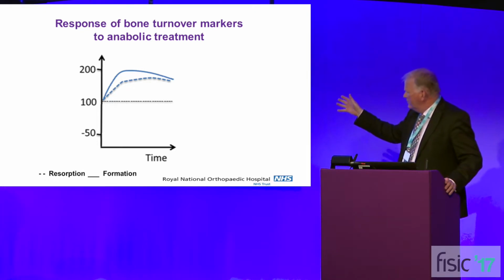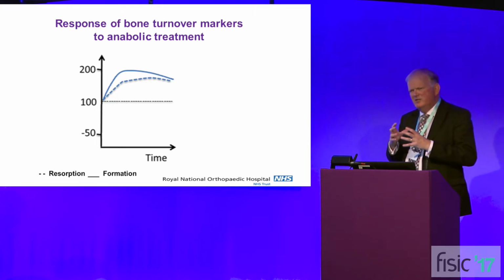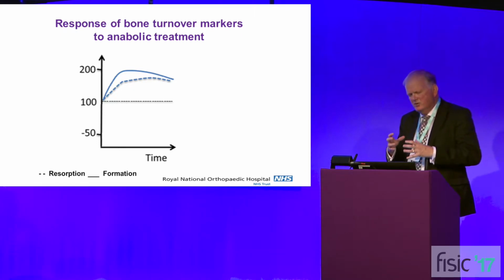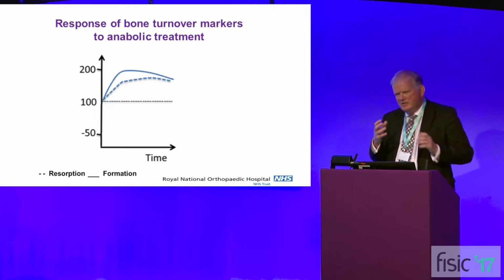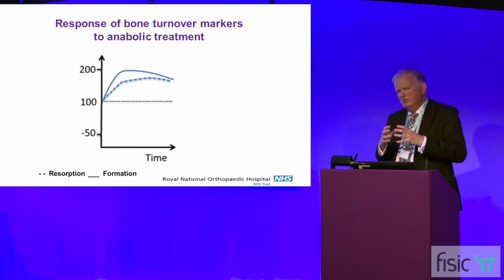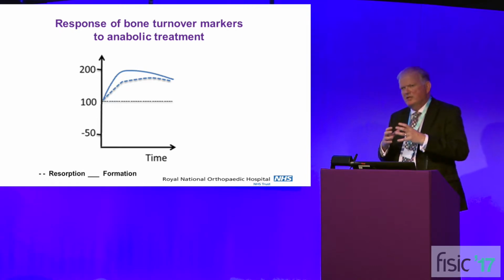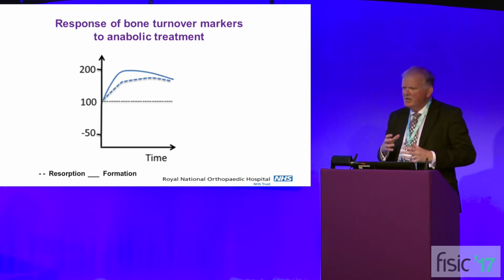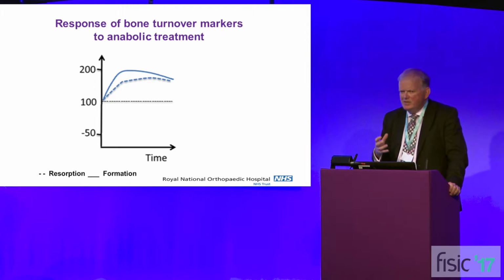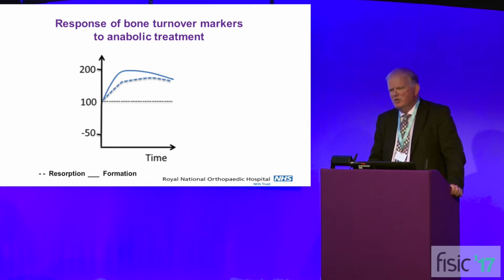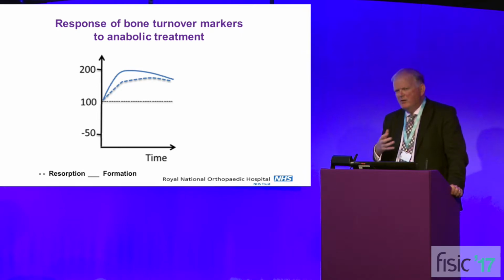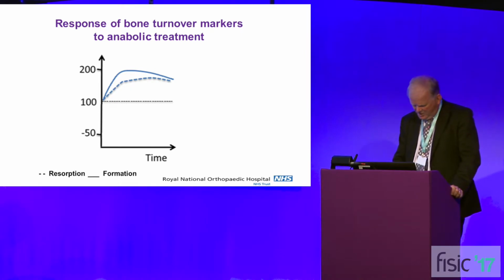But basically the difference between the dotted and the solid line is essentially the new bone that you're able to build. So I think, again, what we're learning with these markers is it's the relationship between the osteoclast function, so the CTX level, and the P1NP level, that will help you understand what is happening at the cellular level with regards to both how the healing process is going, and whether the treatments you're going to give are actually going to make any major difference.